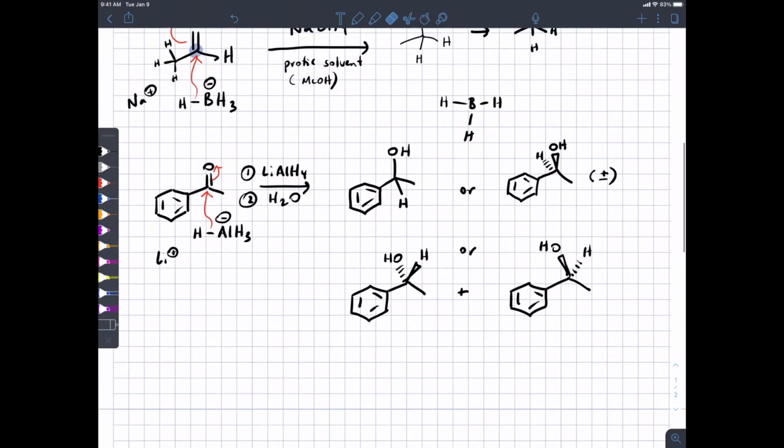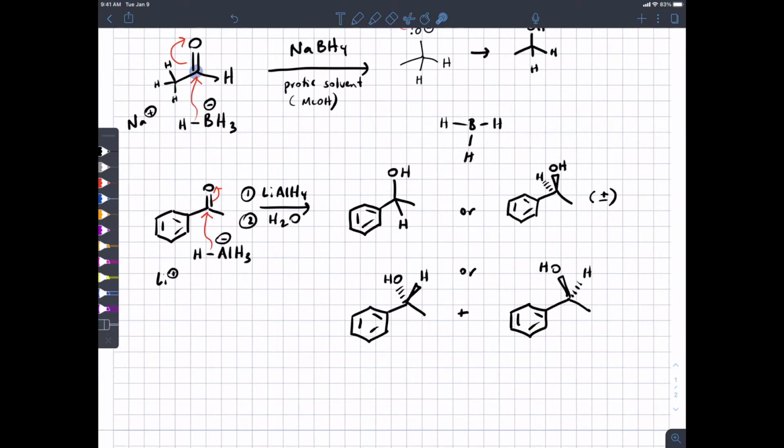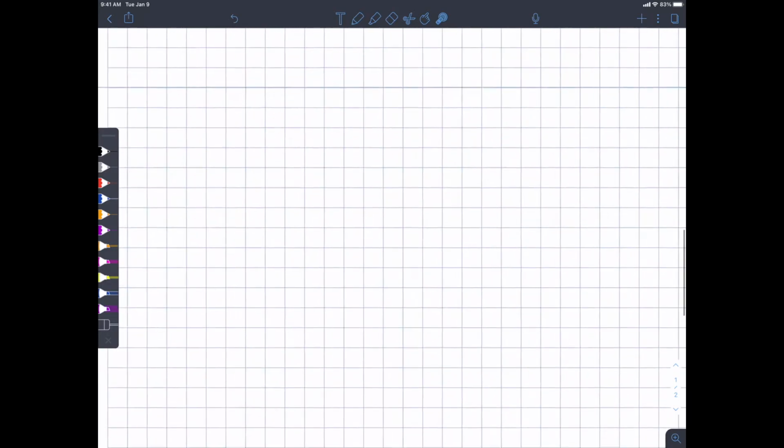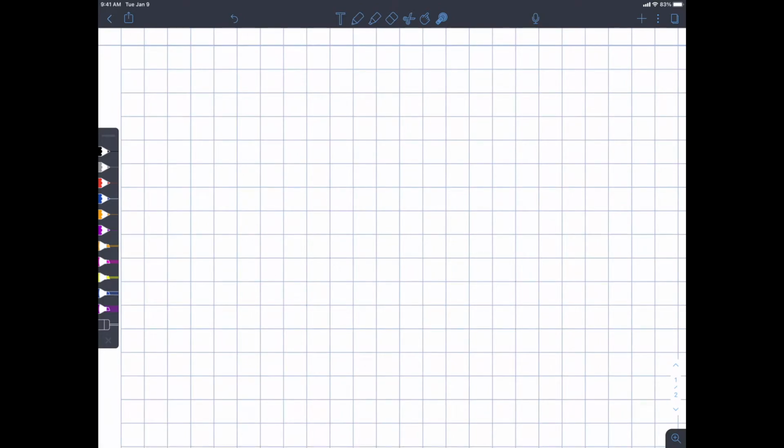I told you that lithium aluminum hydride is too reactive to be in water. Well, aqueous solvent is really much of what we have in nature. And so you need a hydride delivery reagent that can withstand water. And so nature's reducing reagent is called, here we go,